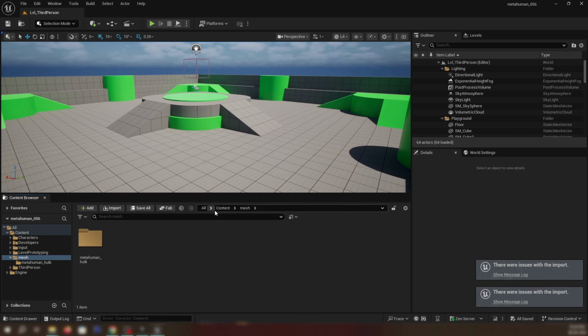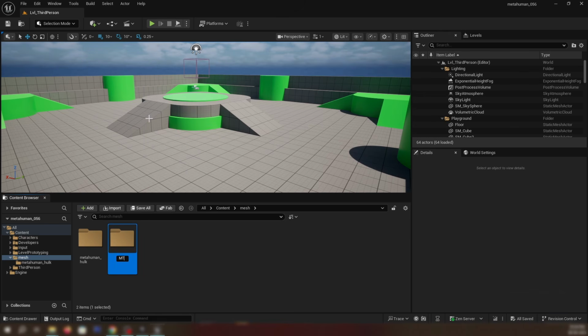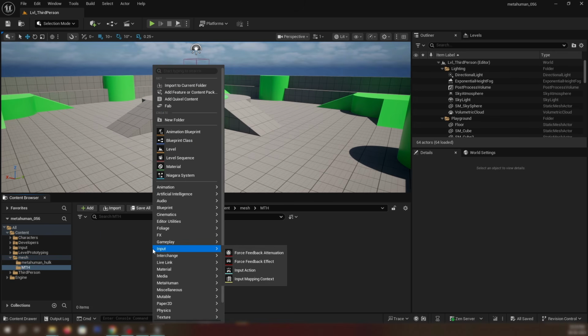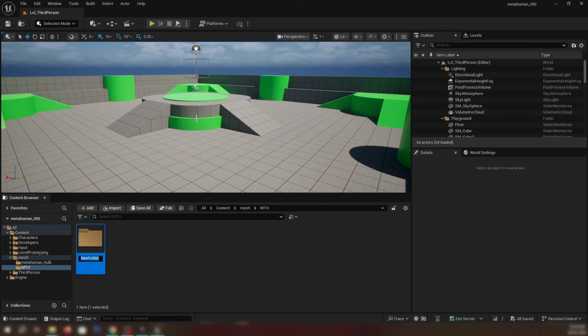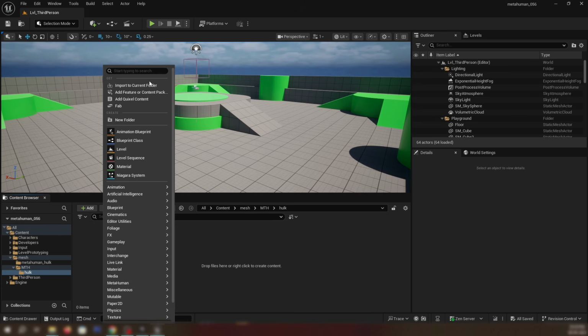Then we'll create the same process as MetaHuman Creator. Right click, new folder for keeping the MetaHuman character. One more folder for the character name.